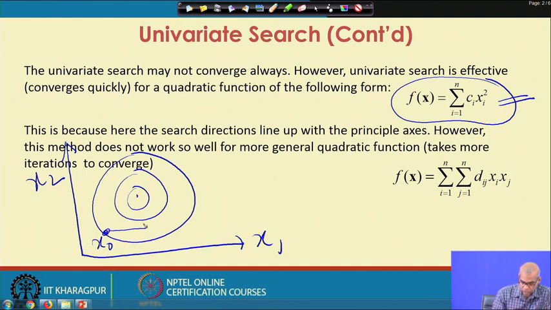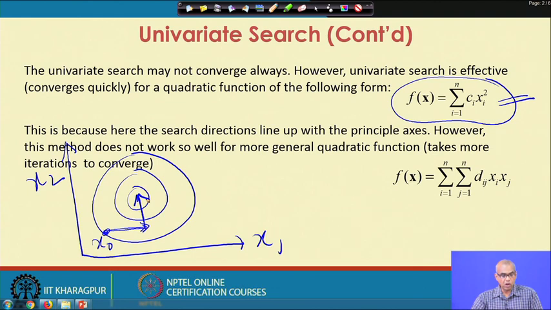So, you go in this direction x 1 keeping x 2 fixed, then keeping x 1 fixed, you go in the direction of x 2 and you can hit the minimum. So, the search becomes efficient because the search directions, that means this direction and this direction, line up with the principal